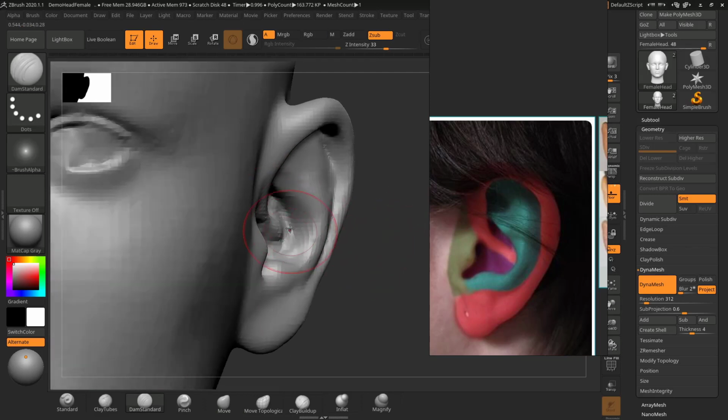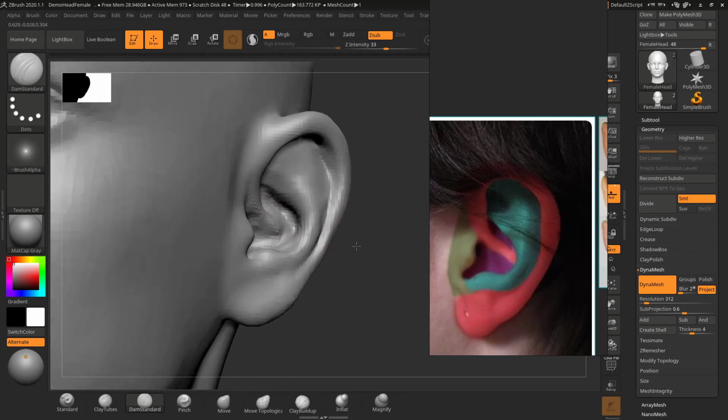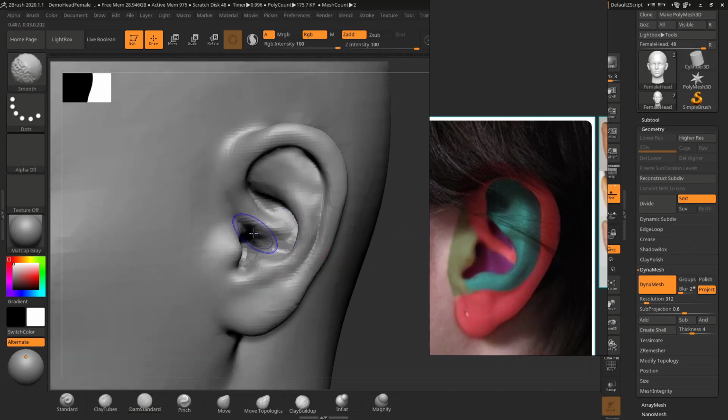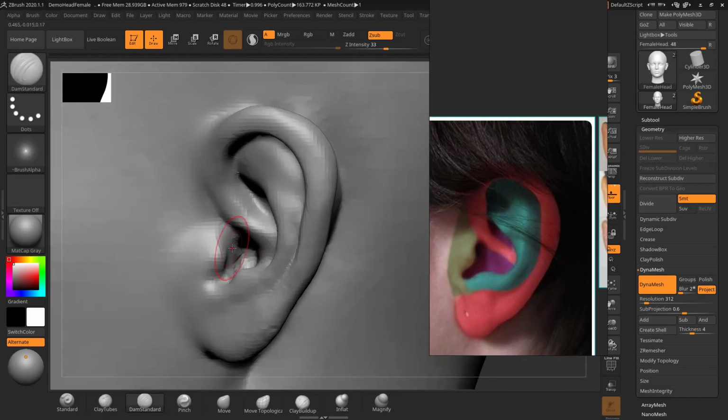So you can see this part needs to be refined properly. You can see we're getting there slowly. Can refine this,